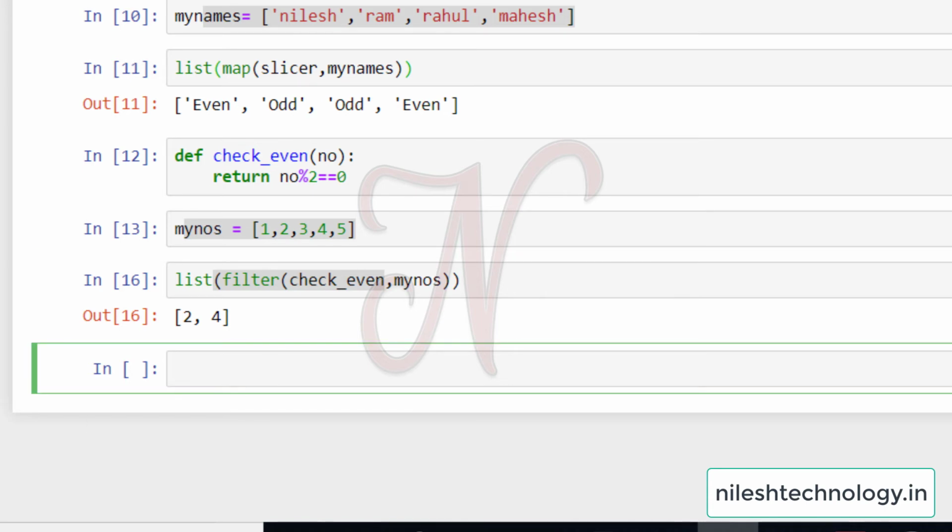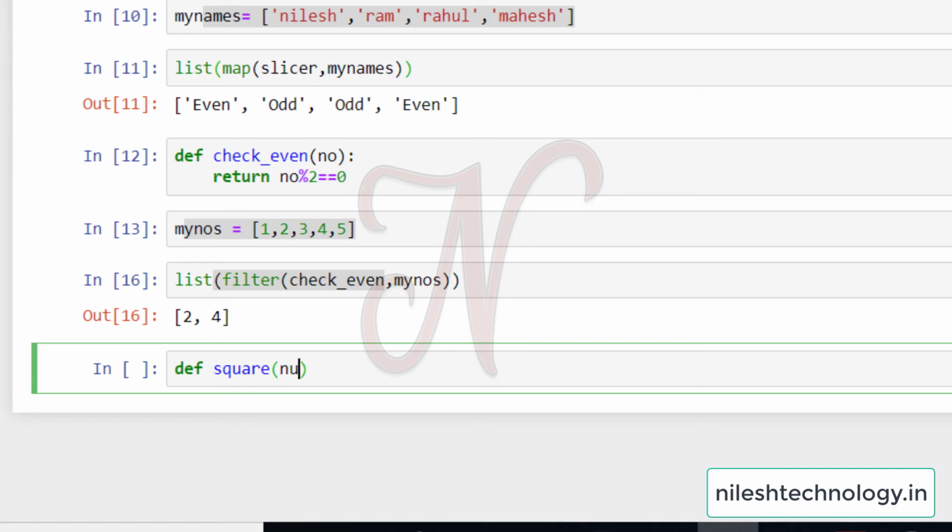Okay, now let's see the lambda expression. We are converting a function step by step into a lambda expression. First we find the power of a given number. See here, def, my function name is power, or square.